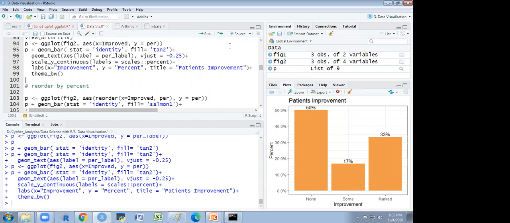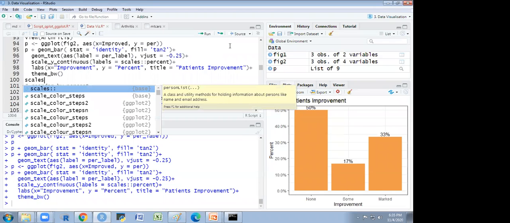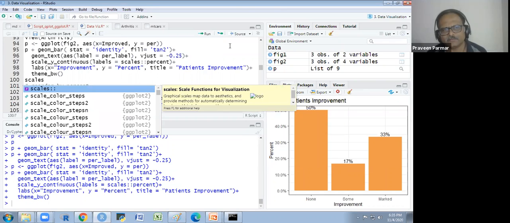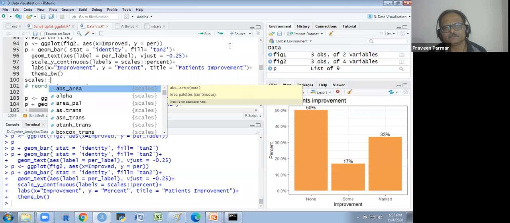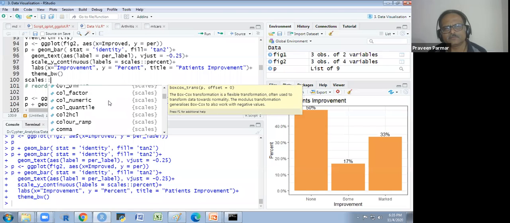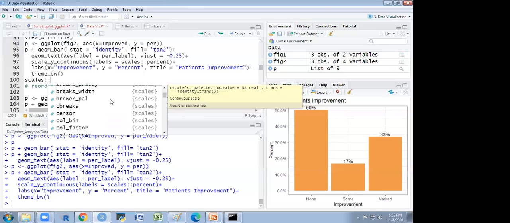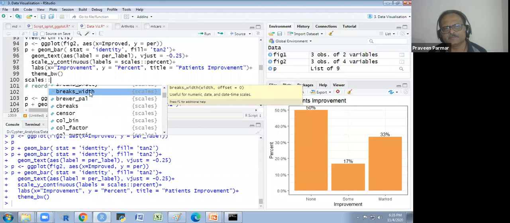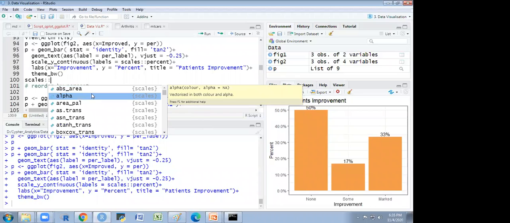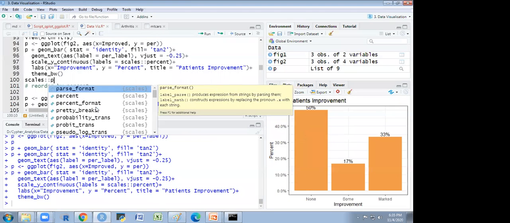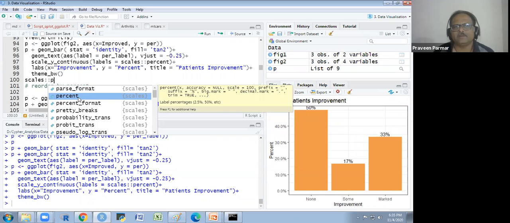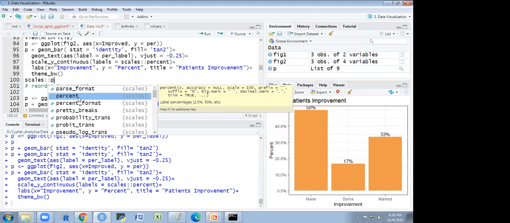No, I didn't get that. Like labels equal to scales, then double colon is used for what? You see here, I have written. Okay, then you see what I could take here. I could take so many things. These are all under scales. Oh, so just to extract the things in scales, we have to use double colon. And you see, I am getting the percent here in the scale. Yes, sir. So we are getting it. Okay, so extract like percent break, percent trans. So we have to use double colon. Oh, thanks.